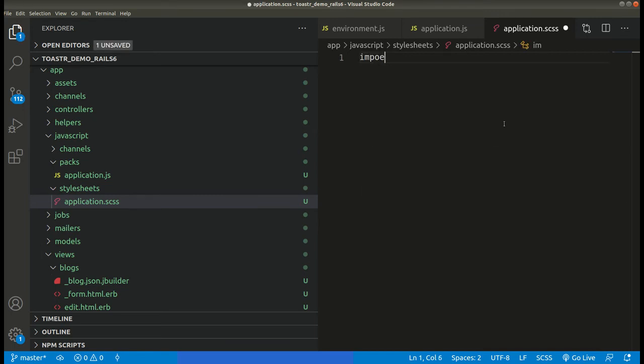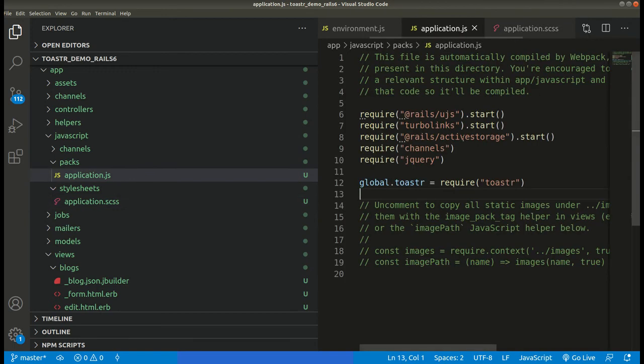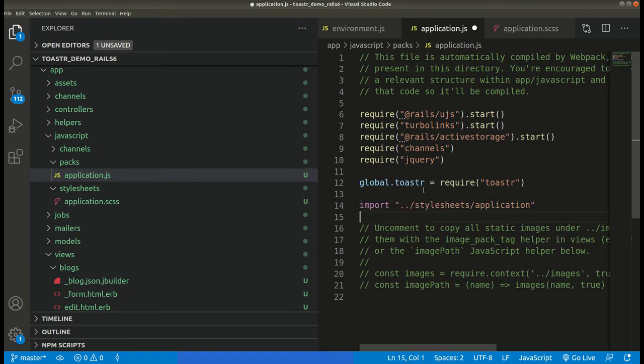So we can do import and then after toastr. @import and let's keep space here, save it. Also we don't need this bracket here. Now we need to import this application.scss file inside this application.js file using this line of code.